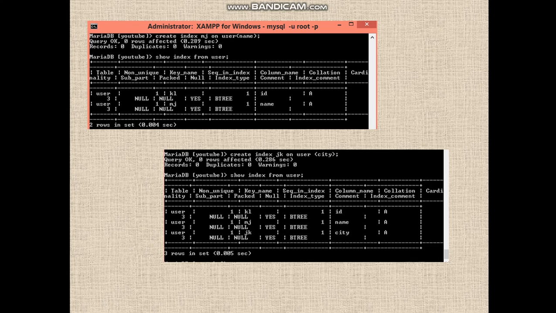Similarly, I am creating the index on the column name, which is name. I am creating the index on the city column,